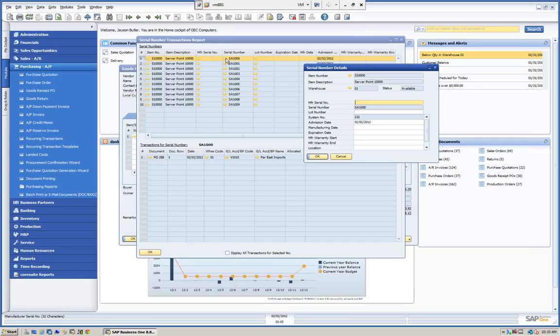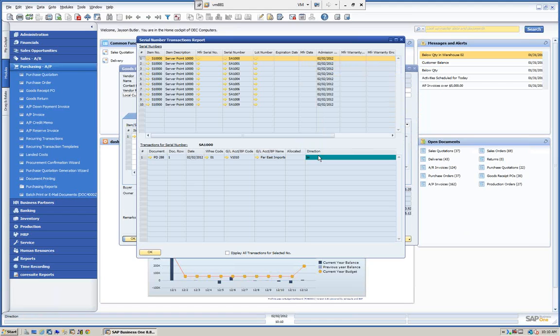Again, all the information is here. I could add lot numbers, or I can add dates and so on to here if I wanted to, if I want to put warranty dates or dates in and out. So you can see here, very simple, that they've come in, and you can see that this document, this PD,